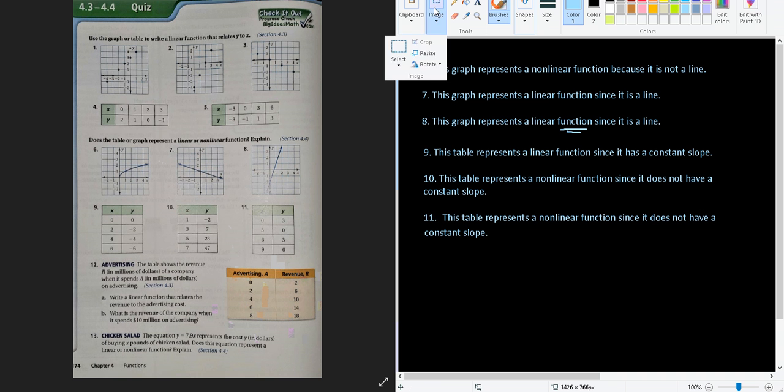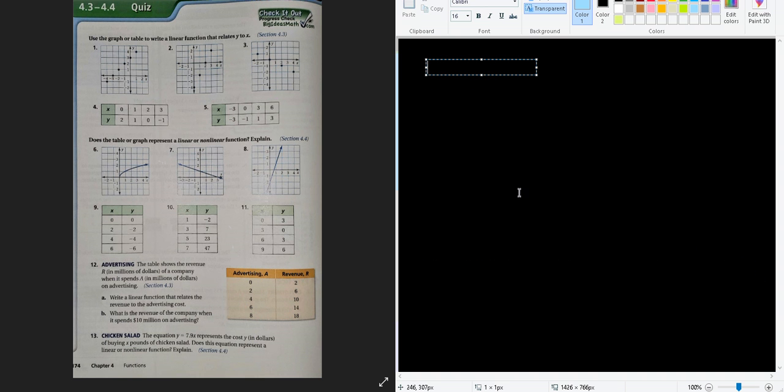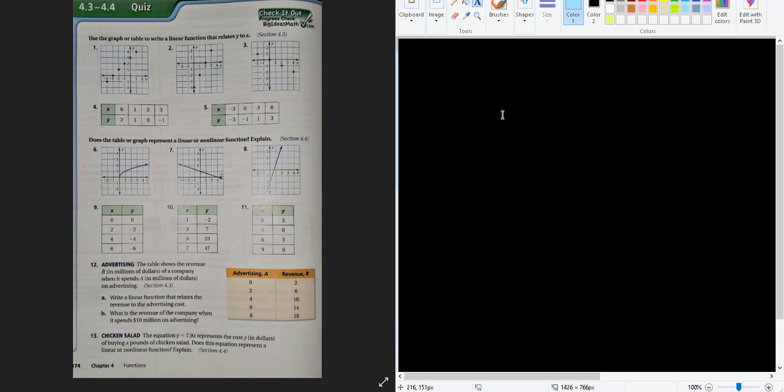So for part A, I'm going to get rid of all these. For part A, it says, write a linear function that relates the revenue to the advertising cost. Well, that's just like numbers 1 through 5 where it says write a linear function that relates y to x. Now you're relating a to r, but it's ultimately the same thing where you have to write a linear function. So just like I said before, any linear function can be written in the form y equals mx plus b. So that's ultimately what we have to do for part A. So number 12, part A,